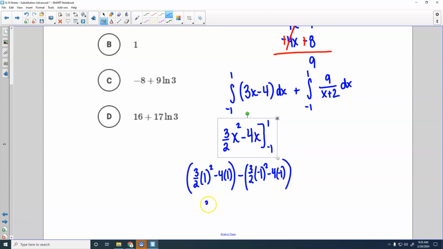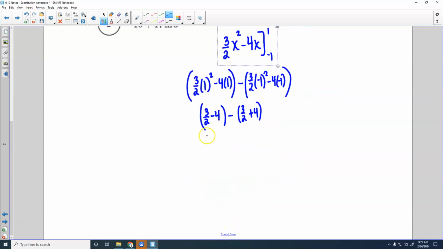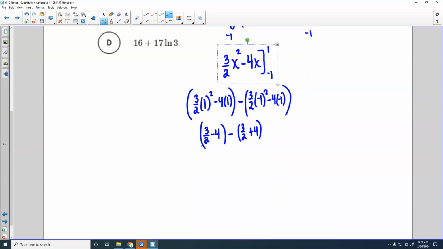So that's going to be 3 halves minus 4, minus 3 halves plus 4, and that is 3/2 minus 4 minus 3/2 minus 4. The 3/2 will cancel, and I will just get a negative 8